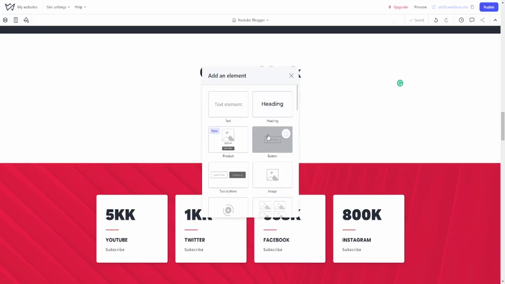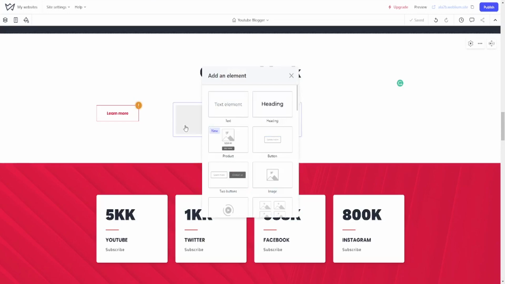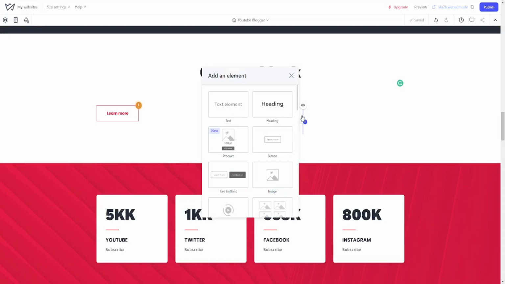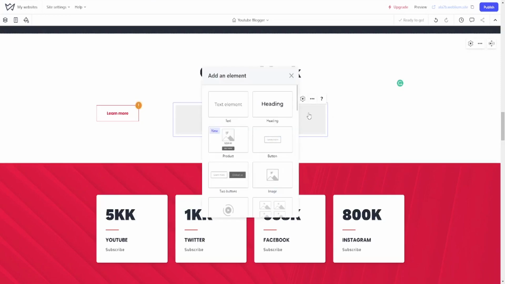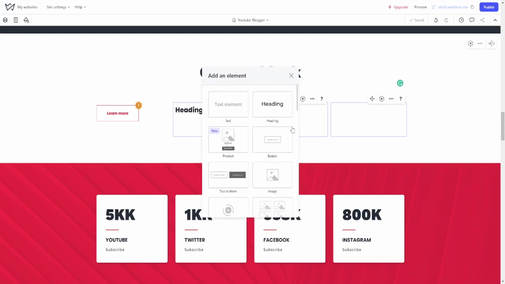We can put in there a button, and this one, let's make it a bit bigger. In there we can put a heading, and in this one we'll put a